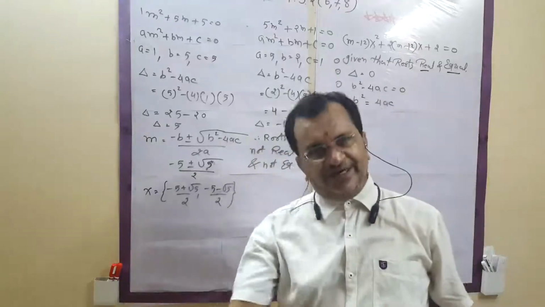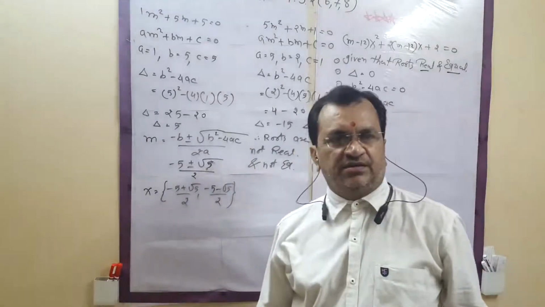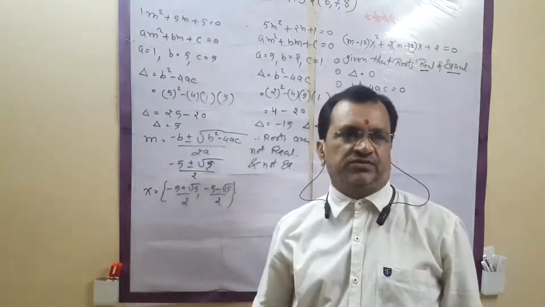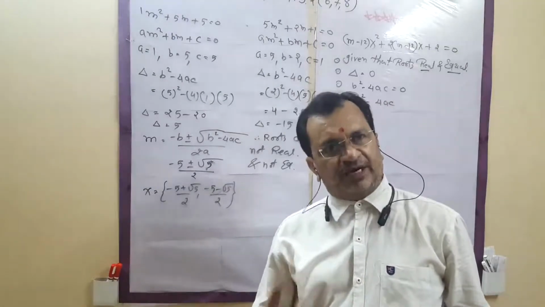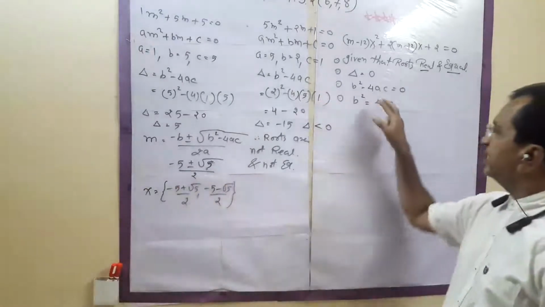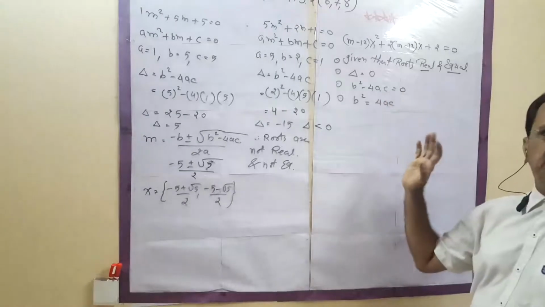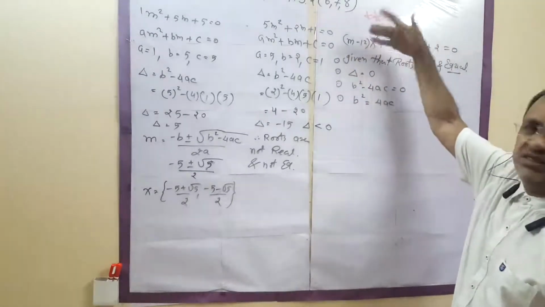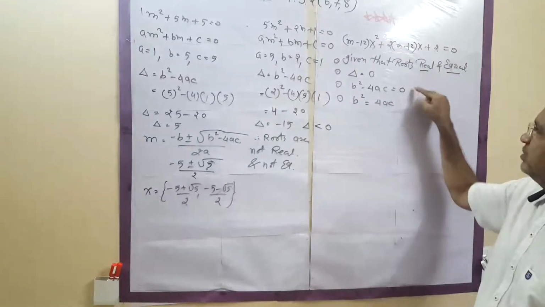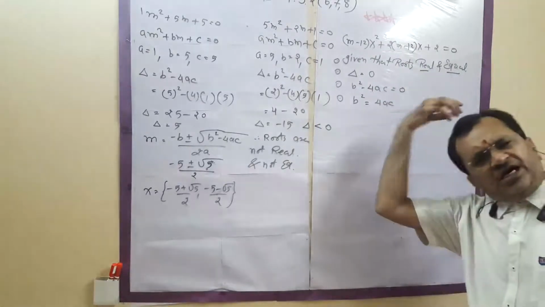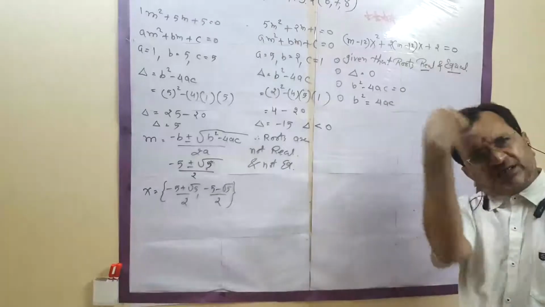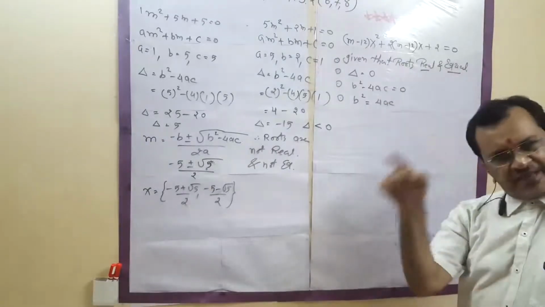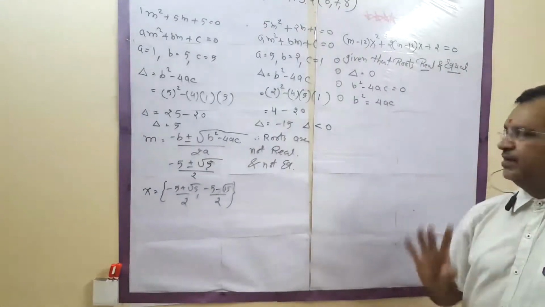First write in words it is real, it is equal. Then write discriminant is equal to 0. What is the discriminant? b square minus 4ac is equal to 0. That minus goes to this side. This is irrelevant to the question. Where it is given this, I will write 1, 2, 3, 4. In any question, these 1, 2, 3, 4 are compulsory steps. That is the same as given in the textbook.